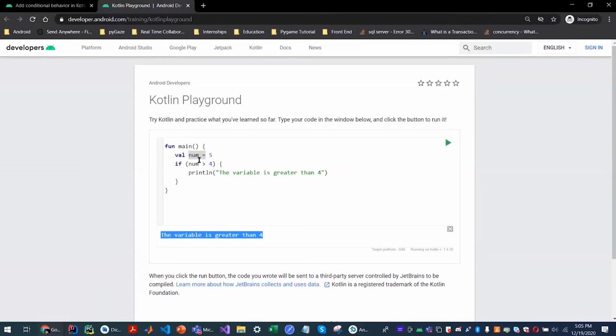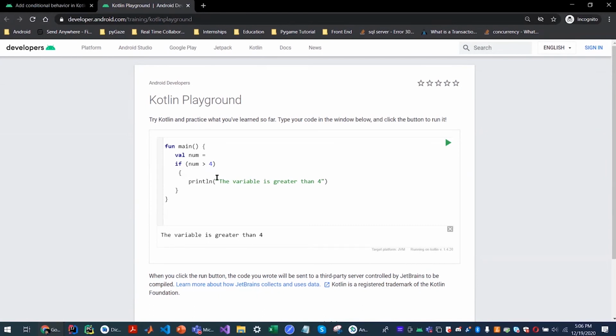Let's run through the flow once. The variable num has the value 5, and it checks if the value that variable num holds is greater than 4, then only execute this. In the case that it isn't, don't do anything because we haven't given the condition for that yet. Since that's all it has now, it will print this.